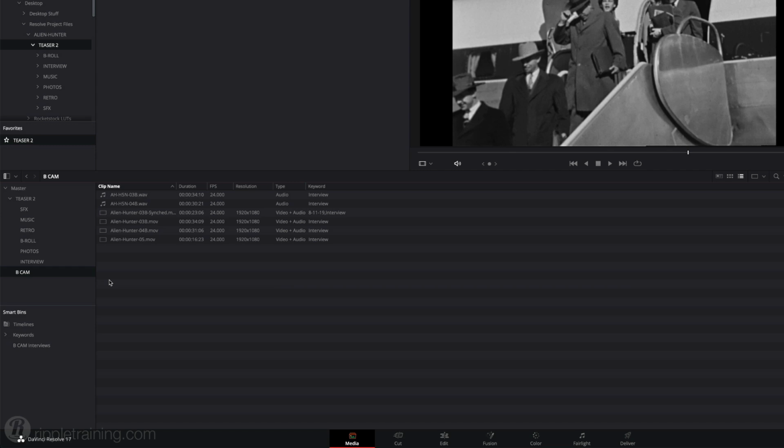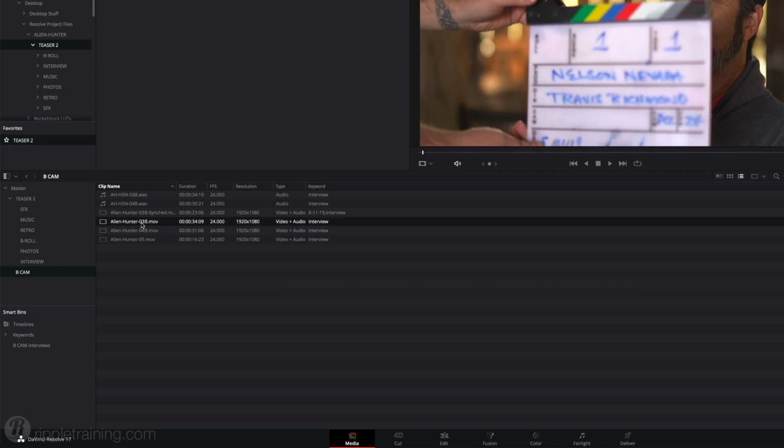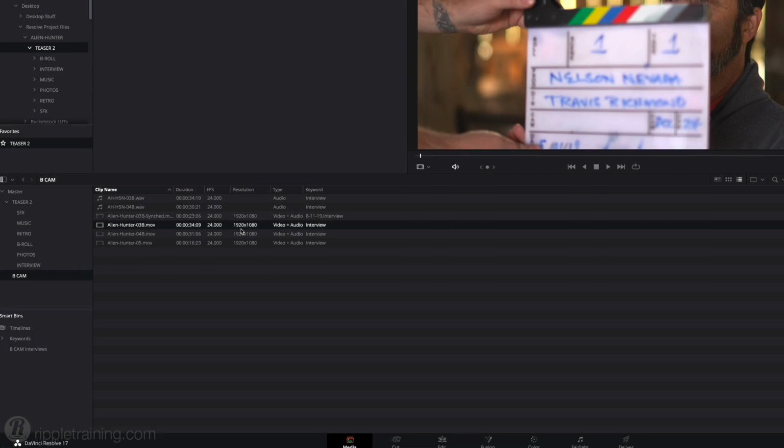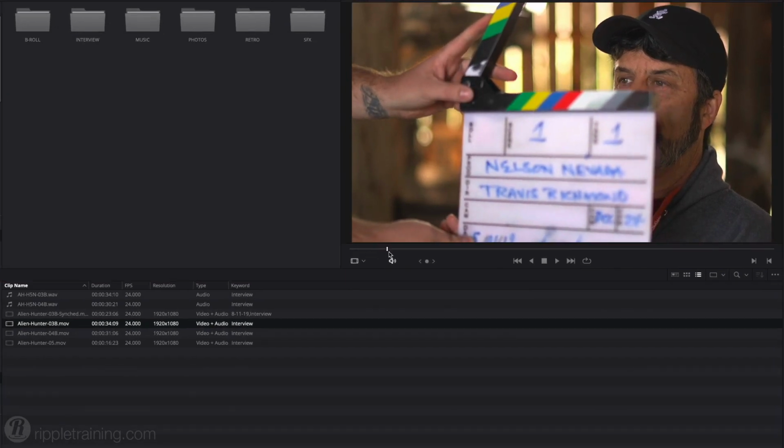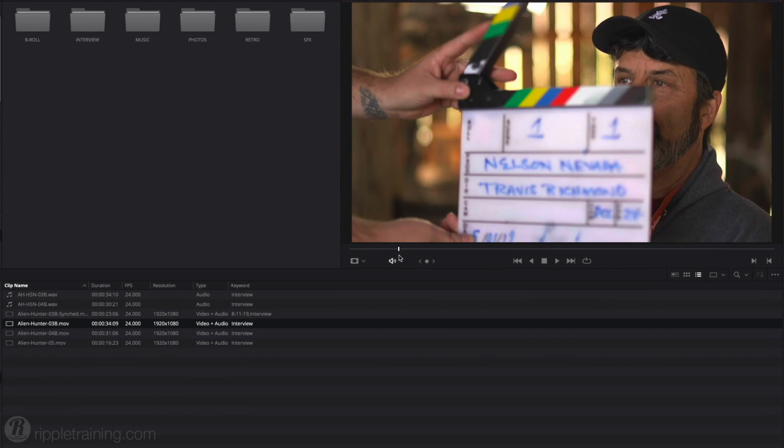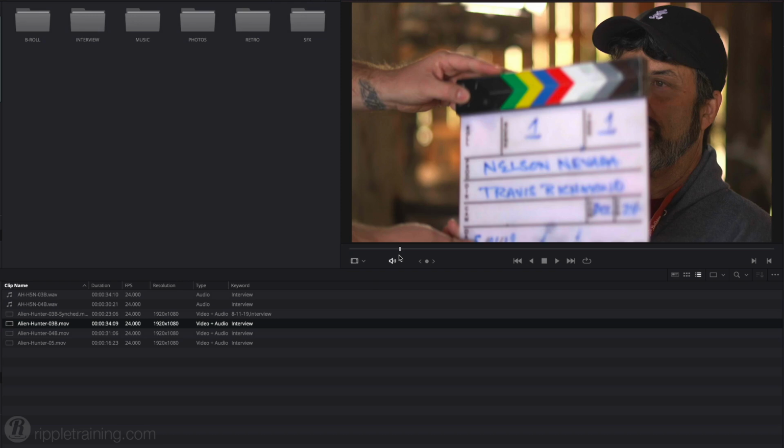Start by selecting the L03B movie clip. Then use the jog bar to locate the frame with the closed slate. Use your left and right arrow keys to move the playhead one frame forward or backward until you're right on it. As you scrub the playhead back and forth, you should be able to hear the slate snap shut in